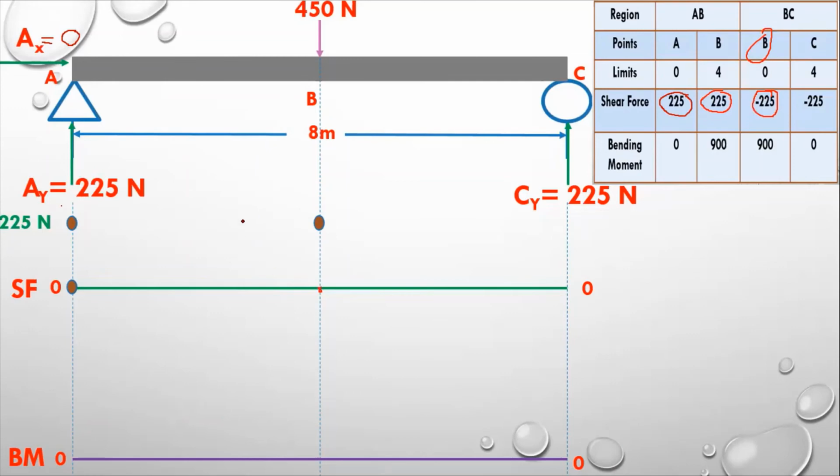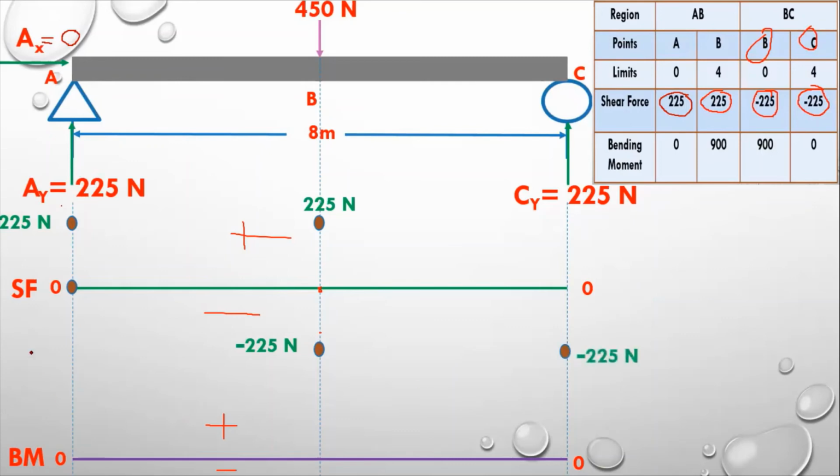So minus it, this is the positive side, and this one is the negative side, and the same goes with the bending moment, upward positive, downward negative. And I will go somewhere negative here. So this is 225 Newton, and this will be minus 225. And then I am moving towards point C, and it is again having minus 225, and you can see this is point C. So I will move on this point C line, and this point should be parallel to this point, because both are the same point. So this will be minus 225 Newton.